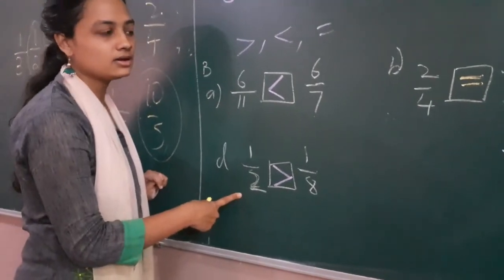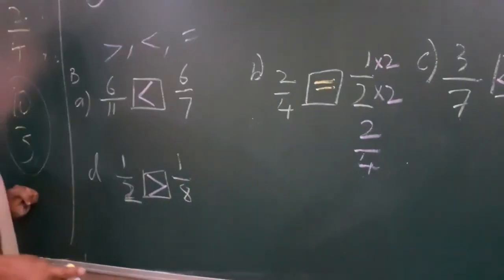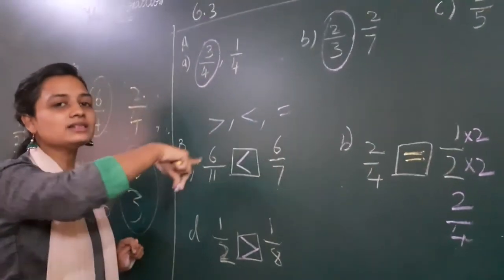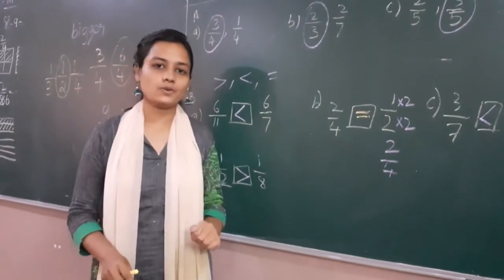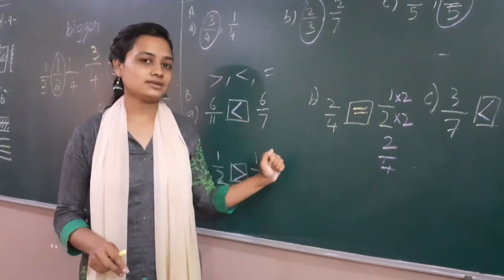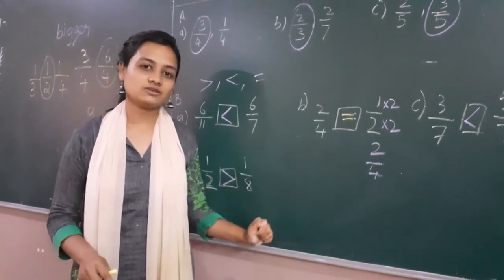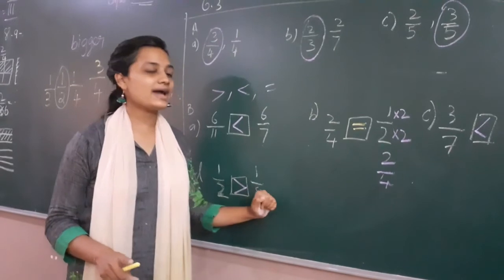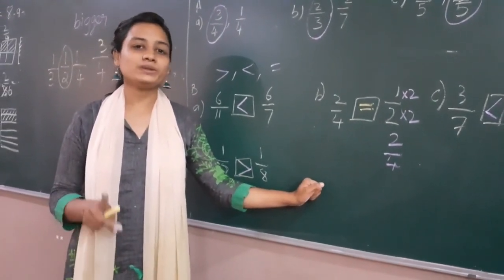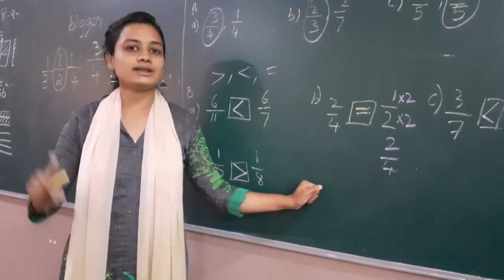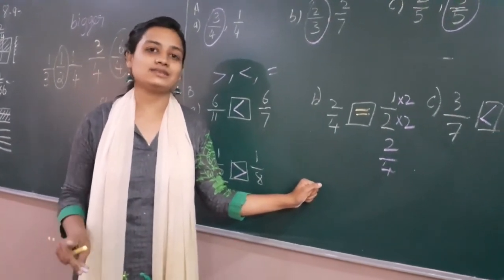Understood, children? Other 4 sums you will work out, even in this exercise which I have not done, that means you should do it in the textbook. After this, when we are meeting in the interactive session, I will be asking what is the answer for this. Everybody will get a chance to answer. So please keep it ready, okay? And keep it ready before you come for the interactive session.